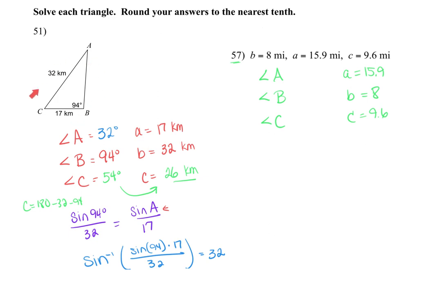So for example, in this one, B is 94. It corresponds to my longest side. So if I had been solving for angles here, I would have started with one of the smaller sides because I know they're not going to give me an obtuse angle. And so when I'm solving for this one, I'm probably going to use the B so I can solve for angle B. And so I'm going to set that up and say, well, 8 squared is going to equal my other two sides squared minus the 2 times those sides